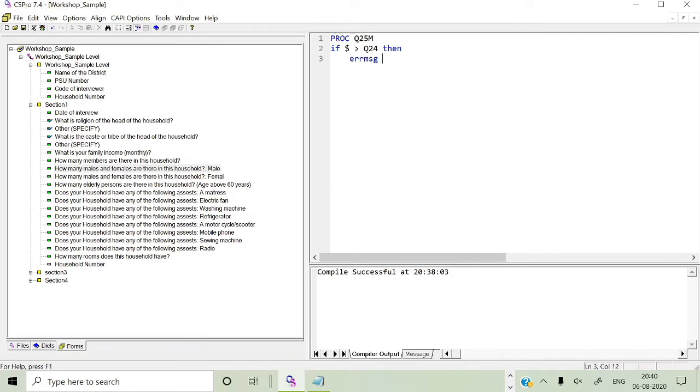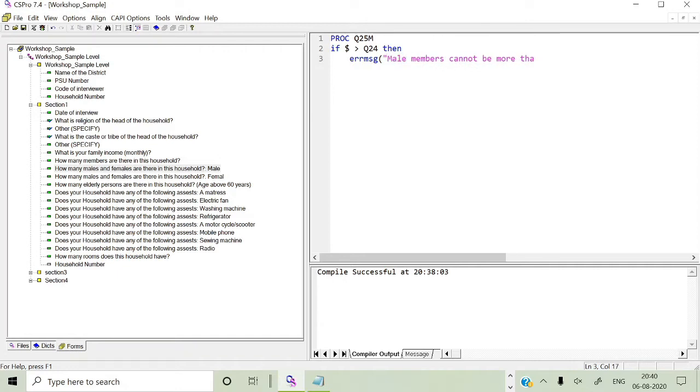So what kind of error message? For the error message you write errmsg, open the bracket, open the colon, and say: total male members cannot be more than total members.